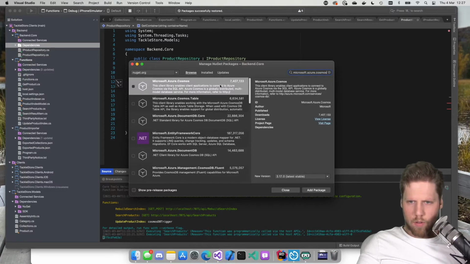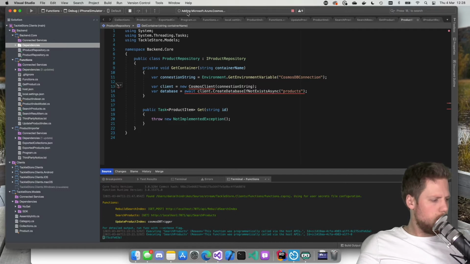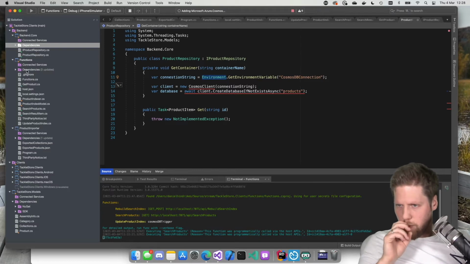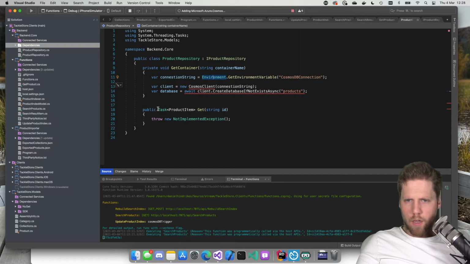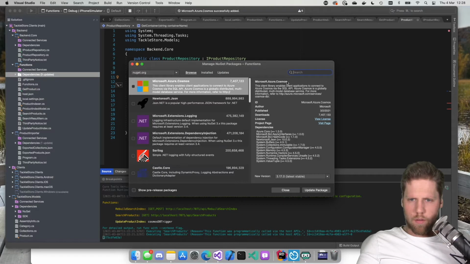Microsoft.Azure.Cosmos. Here it is, add package. Okay, we need to wait for it to finish. Will take a while. When we're waiting for that, we can also add a package to the function project, so we will be able to use dependency injection in Azure Functions. So manage NuGet packages, and